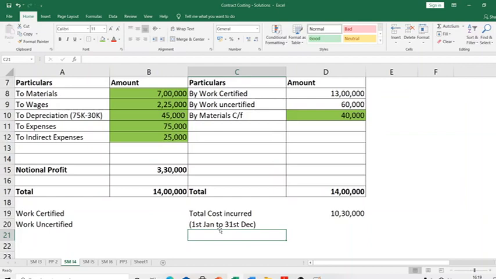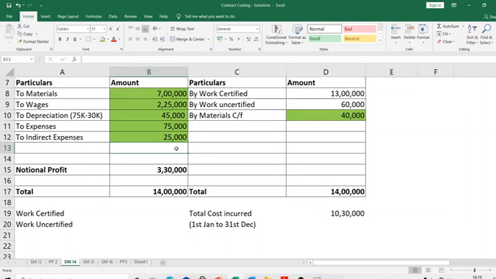Just because the architect came and left, this doesn't mean that this work does not have the cost incurred in the last month. This is for the entire year. Now my question is, if you don't do anything to your contract account, you allow 10,30,000 to remain in your contract account. For that last 1 month, the cost incurred for doing December work is a part of 10,30,000. It is a part of the contract account.